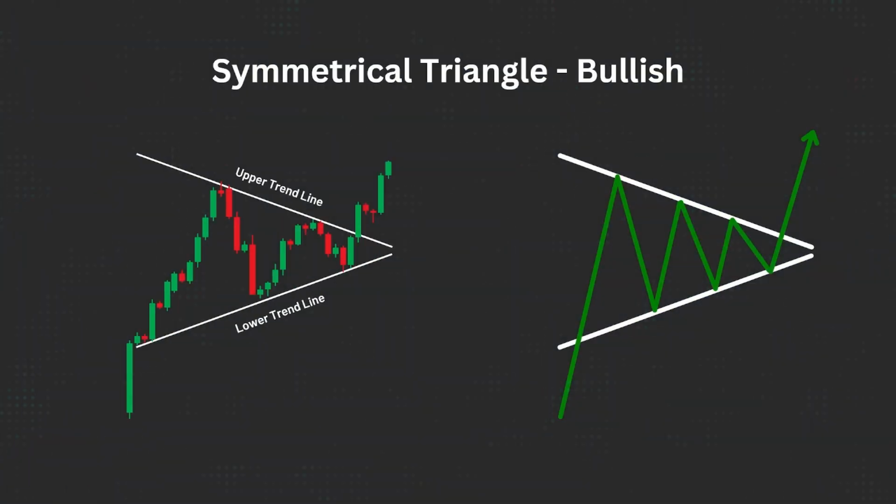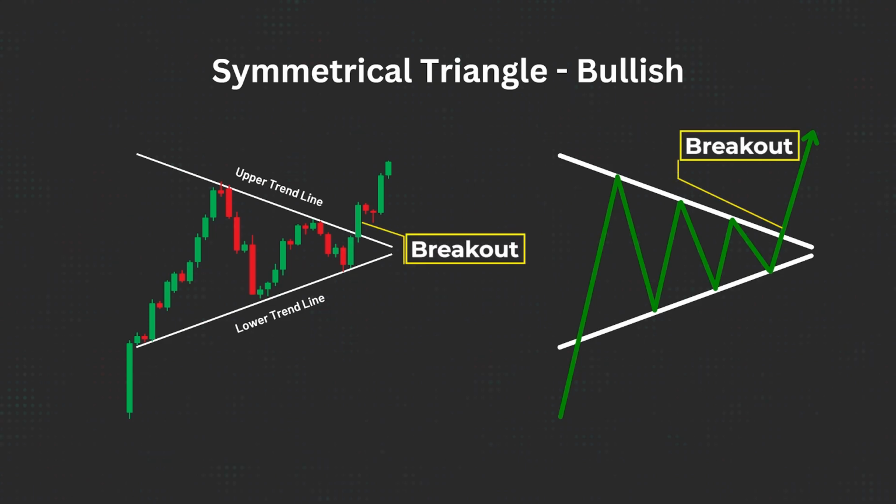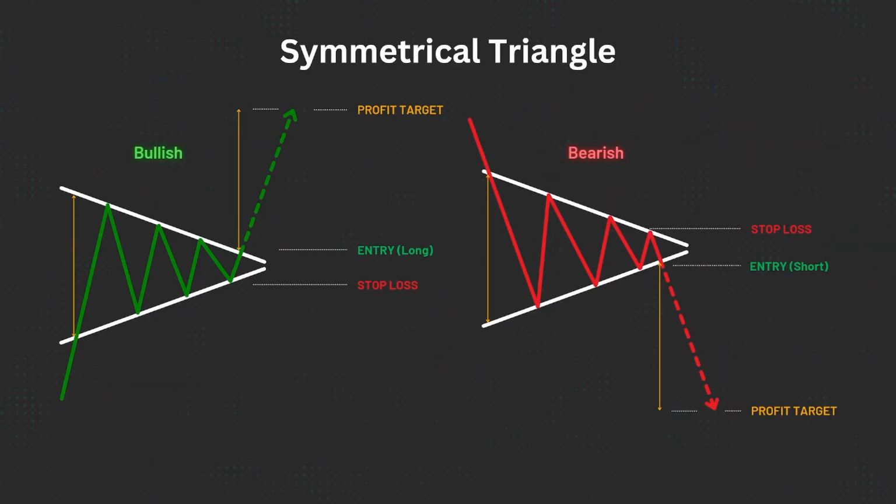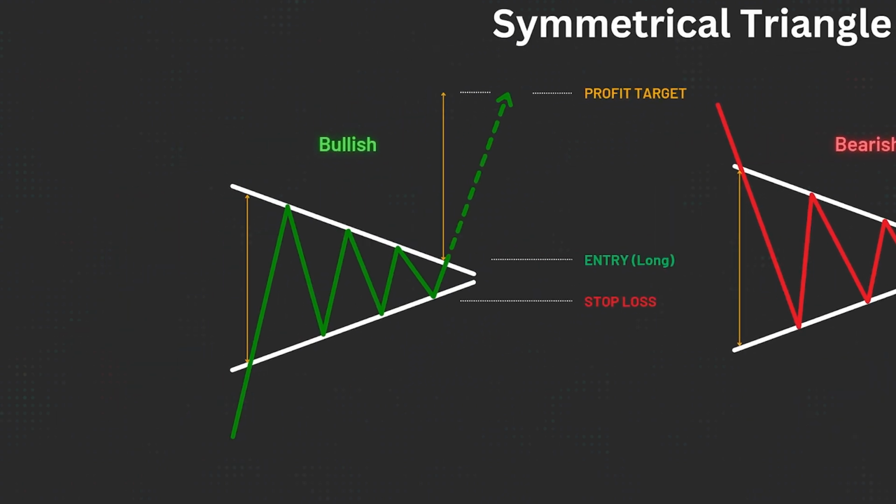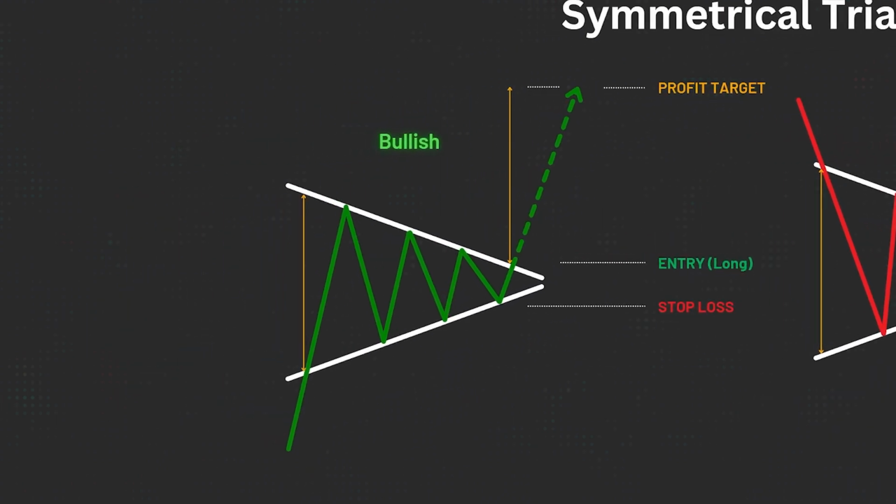The symmetrical triangle is a neutral bilateral pattern that can break in either direction, meaning it doesn't favor bullish or bearish outcomes until the breakout happens. It forms when an ascending and descending trend line converge to create a symmetrical triangle. This convergence shows that buyers and sellers are in a state of indecision, but eventually the price will break out in one direction. For the trade structure, starting with the bullish scenario, the optimal trade is going long when the